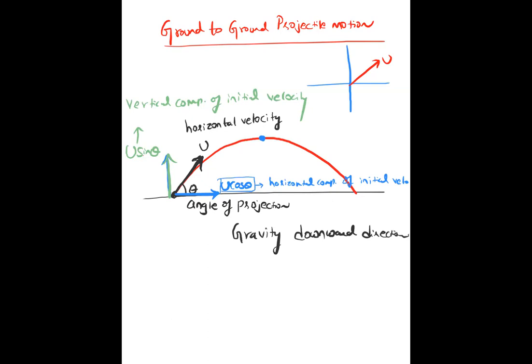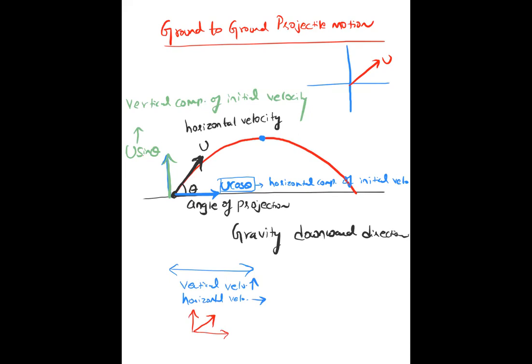And after that, what will happen? Once the vertical velocity has become zero, since somebody is pulling it down, the vertical velocity will start increasing again in the downward direction, and it will become maximum. So in the first half, the direction of the vertical velocity is upward, and the horizontal component is in this direction. Basically, the net velocity is in this direction, and it is in the second quadrant.